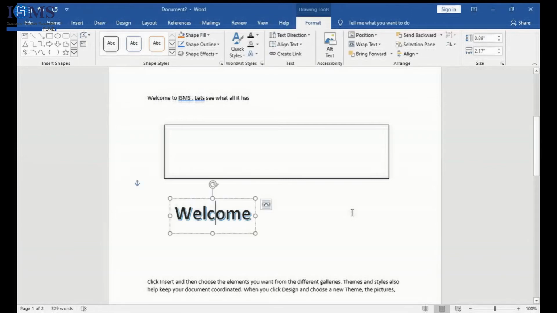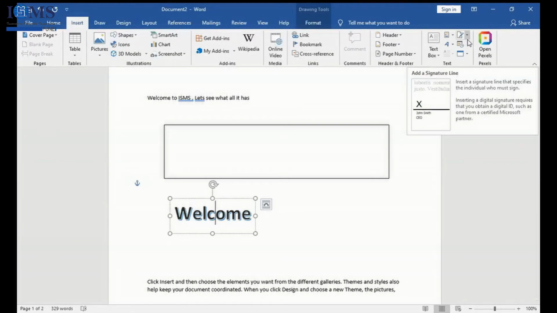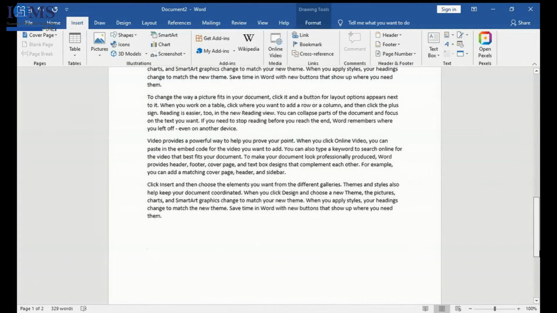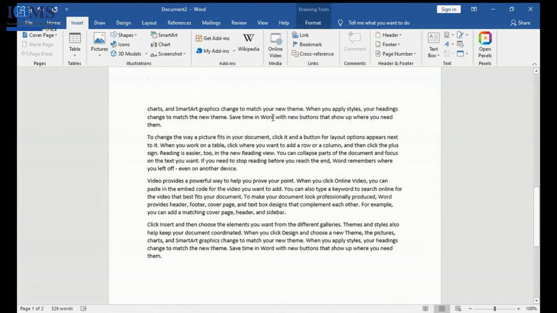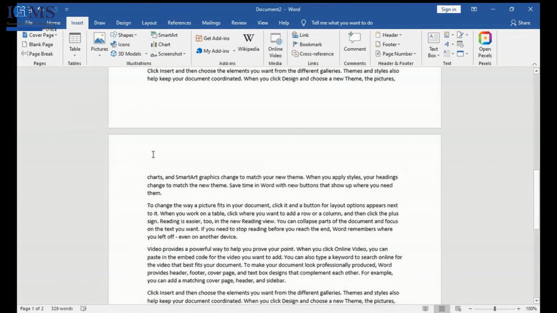Now another feature, the signature line, which is very important. Suppose this is my government document, let's assume this is your appointment order. Will you just believe any appointment order?